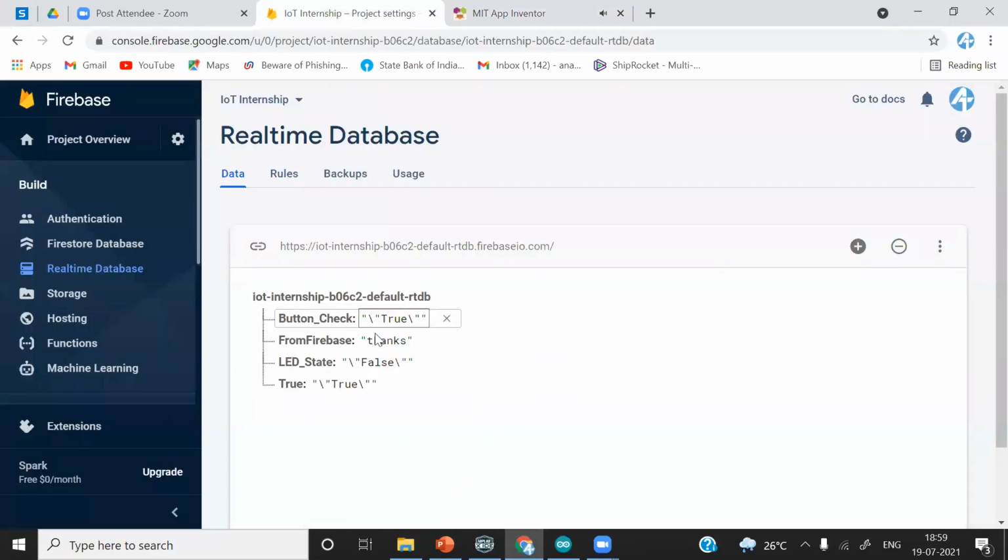I will check once. Just delete this. You can see that we change the data, true and false. Now we are going to receive that data in ESP8266 and compare it. And according to the commands sent from MIT App Inventor, we are going to turn the LED on and off.